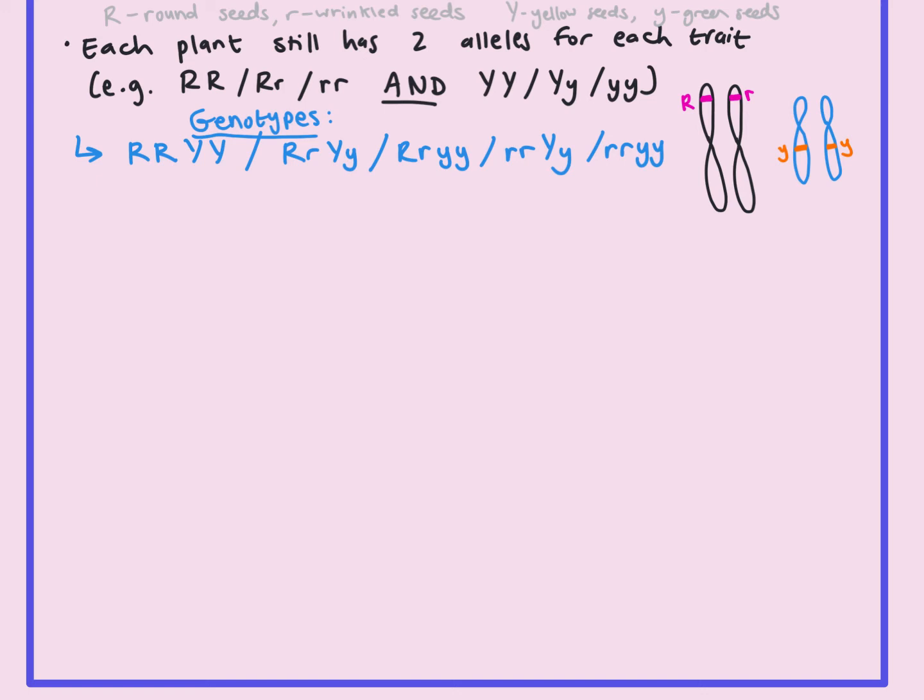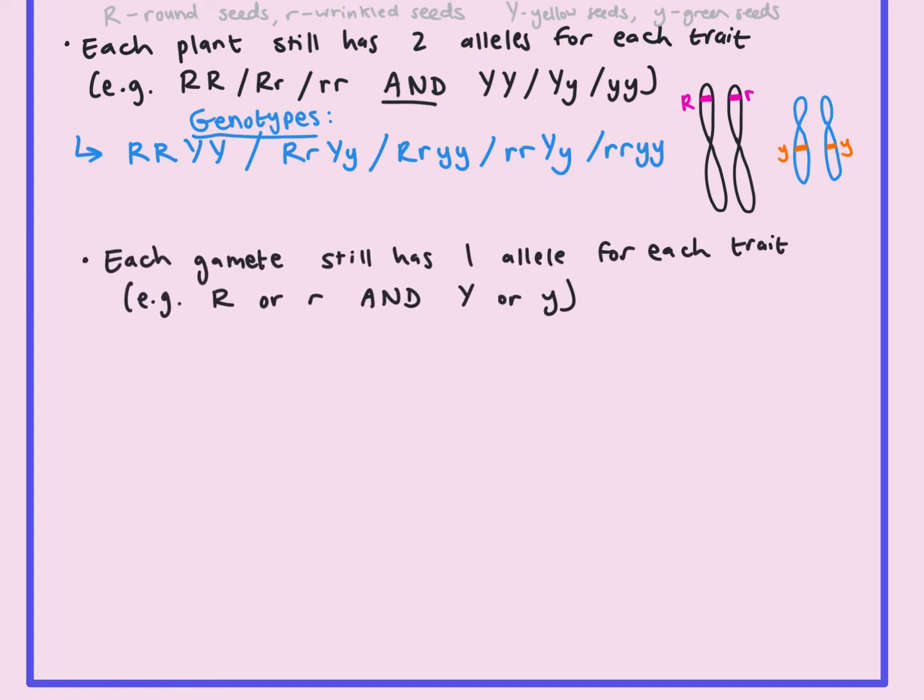You can end up having, when these homologous chromosomes split, this parent can either give a big R to the gamete or a small r to the gamete, but it can also give a small y and a small y to the gamete. So just like with a monohybrid cross, the gametes only have one allele, so one letter. So if we looked at this again, it could either have a big R or a small r, or a small y and a small y, or if it had a big Y and a small y, it would have either. But because we're dealing with 2 traits here, you end up having 1 letter for each trait in the